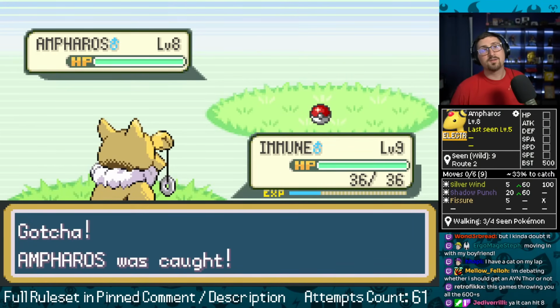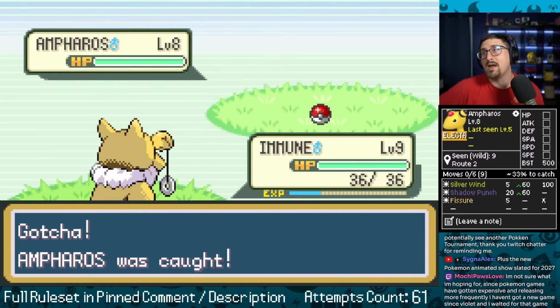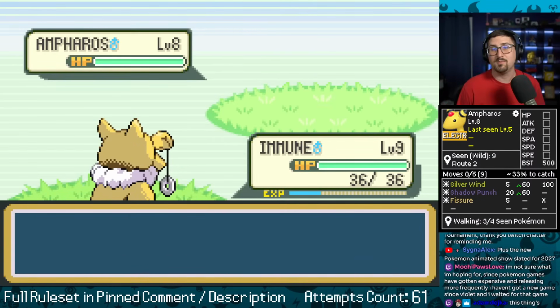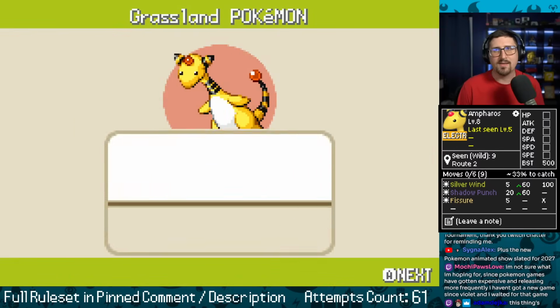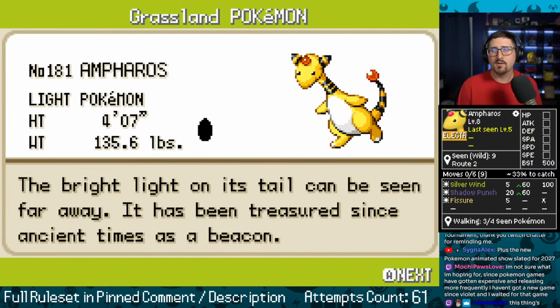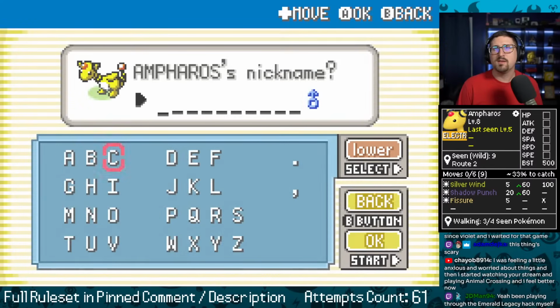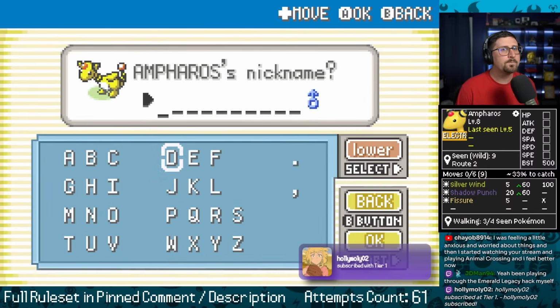Oh, hey, first ball, let's go. No stress. Now, I guess the stress is whether or not this thing actually has attack to support its physical attacks, but I think it was worth the pivot. We only had one great move on Hypno, but I don't think that gets us enough. What are we calling the Ampharos?